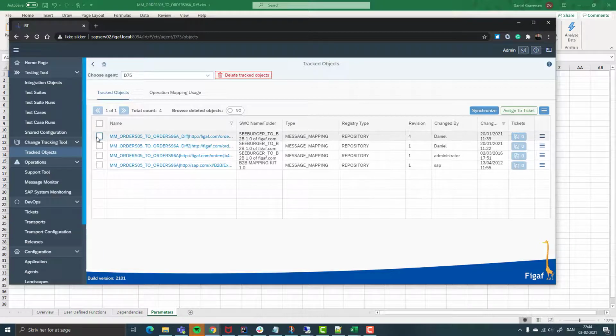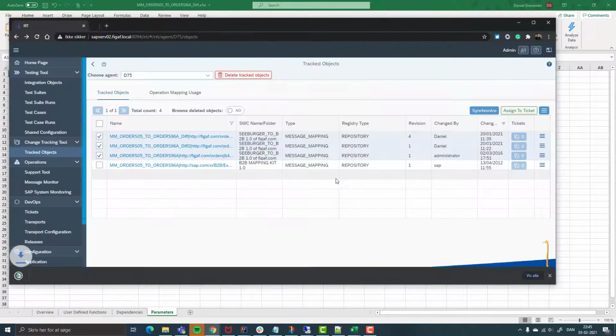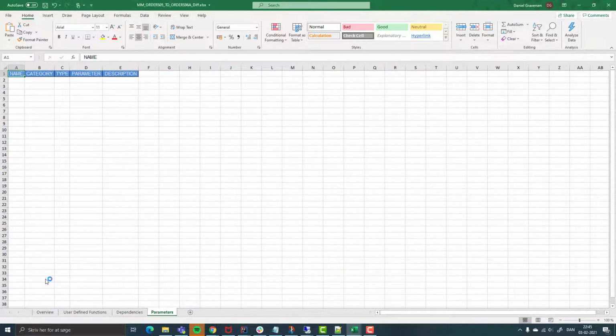We can also select between multiple mappings, and this is really useful. For instance, if you have an EDI mapping and have a lot of different versions and want to have a better understanding of these three mappings, what's the difference between these? We have added a function, so once you have selected the mappings, you can go here and compare message mappings. This will create an Excel sheet